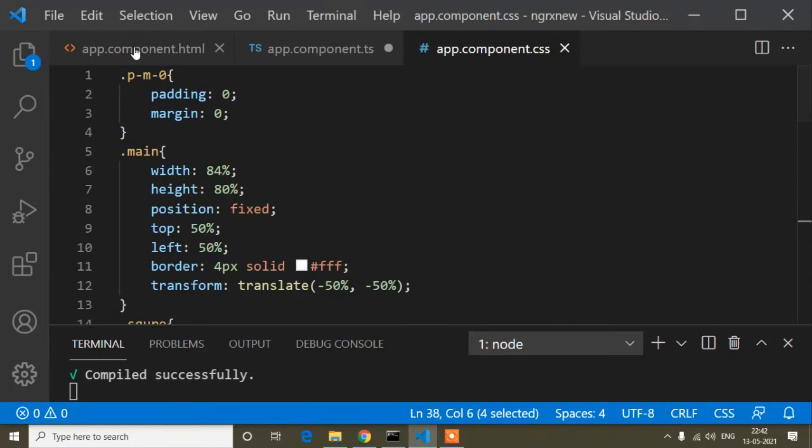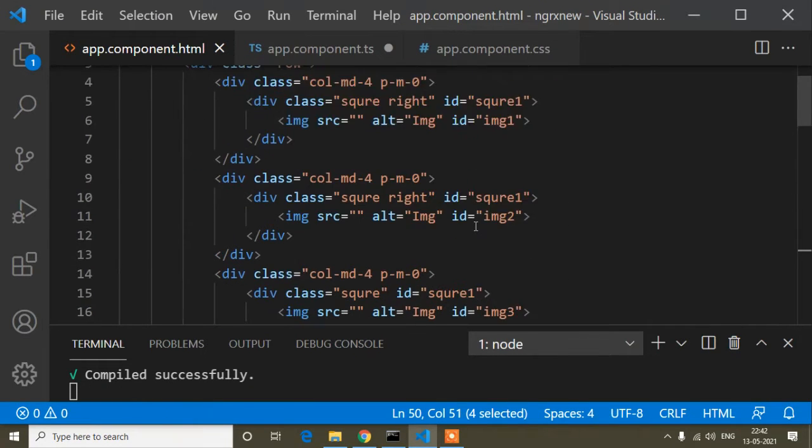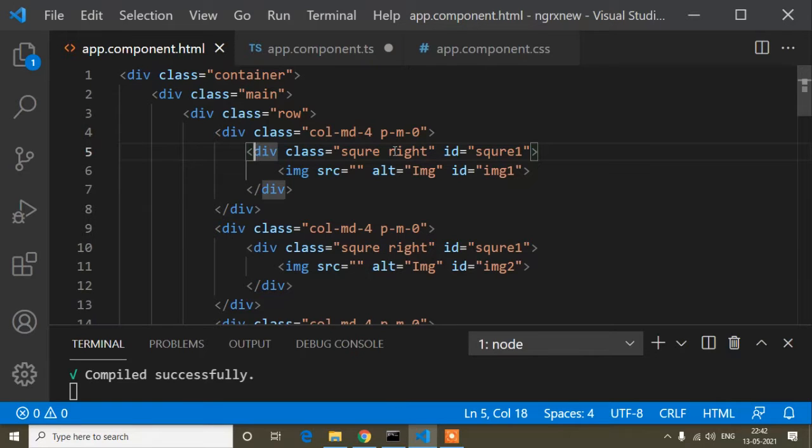Now, first of all, on the square class element I will write a click method, and the method name is game.